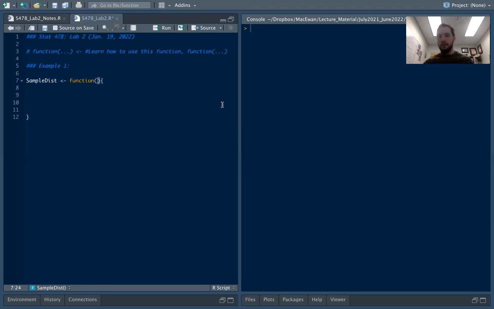So I'm going to give 3 inputs: little n, which is going to be the sample size that we are collecting from the exponential; num.means, so this is going to be the number of sample means that we want to actually compute; and then capital N. And this is going to be the population size of the population that we are going to sample